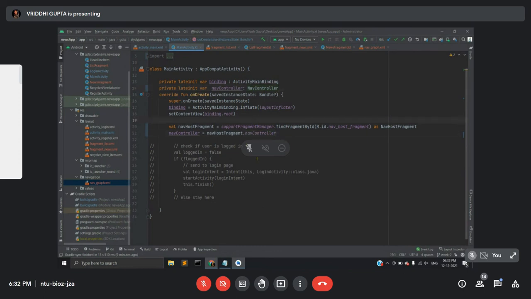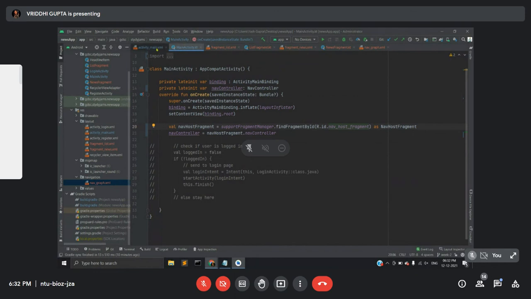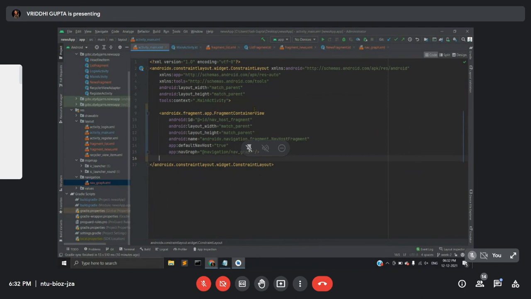Okay, is this part done? I am getting an error on the nav_host_fragment here. It's showing red, and it's asking me to create an ID. Don't create it. Go to your activity XML file. Here, what ID have you set? Oh, I forgot to write it. I will do that. Yeah, do that so that we can go ahead.